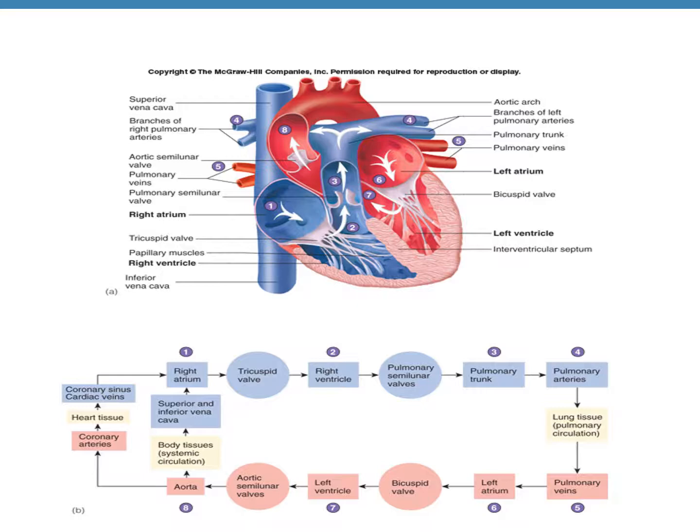The left ventricle is the most muscular and powerful chamber of the heart. When the left ventricle contracts, blood flows out into the aorta through the aortic semilunar valves. So these valves have to be open. Aorta carries blood out of the heart. It starts going up at the beginning, that's called the ascending aorta.